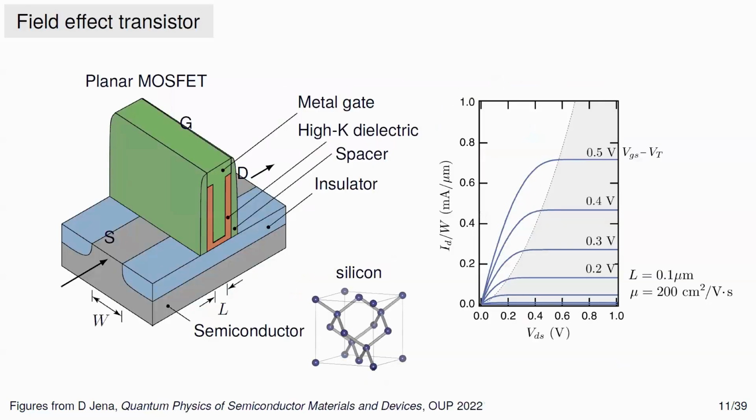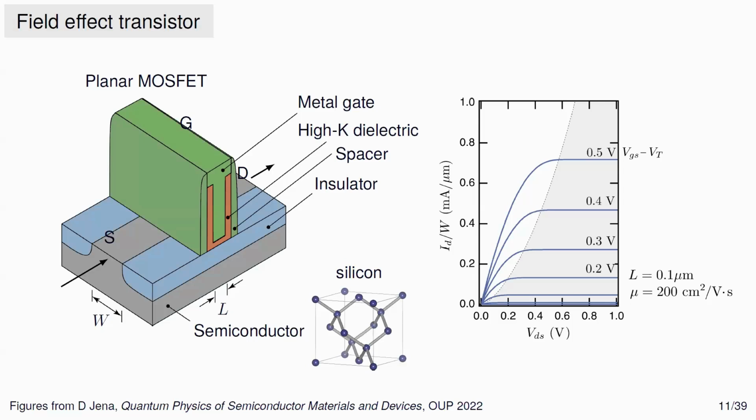So this is a crash course on what a transistor is, and I'm sure half of this audience at least will know much more than I do about this, but let me refresh for the other half who may not be as familiar. The idea here is that in this device, one would like to draw a current from this side to this other side. This is what people call the source, and this is the drain. You draw a current through this semiconductor, which is typically silicon, by applying a voltage between these two terminals, just like a battery.